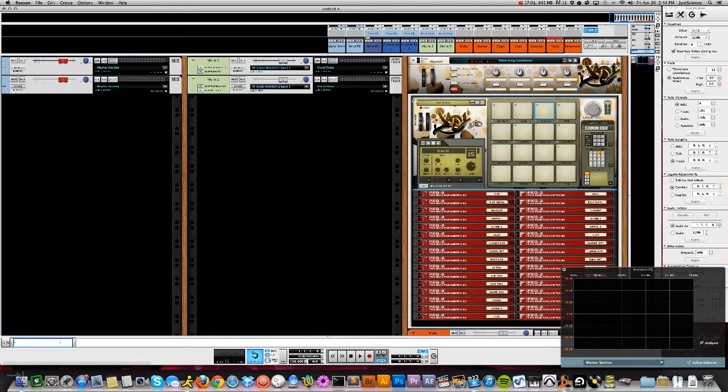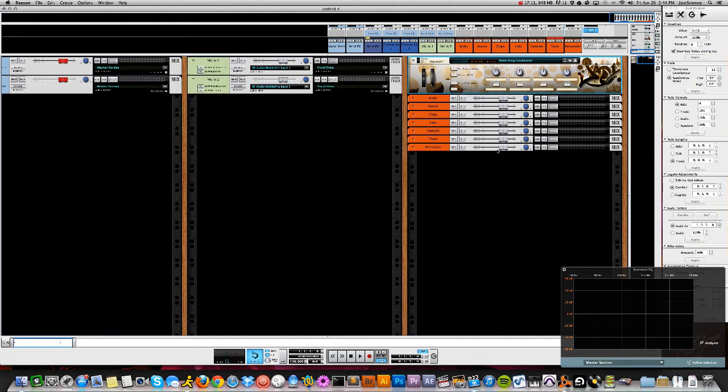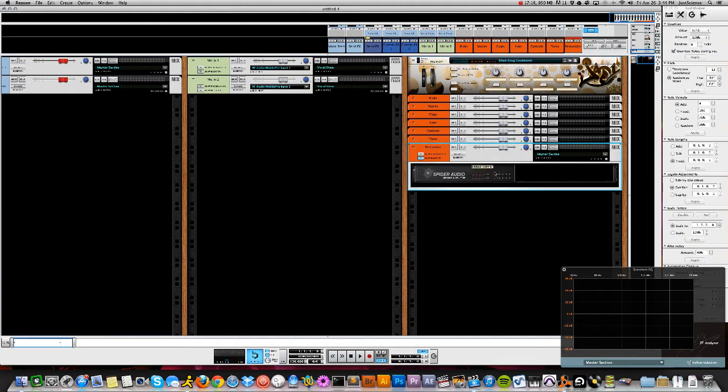And now our drum pads are all routed up to their own mini sub mixer. Clean it up. Next I want to come to my percussion section, and below that I'm going to hold shift